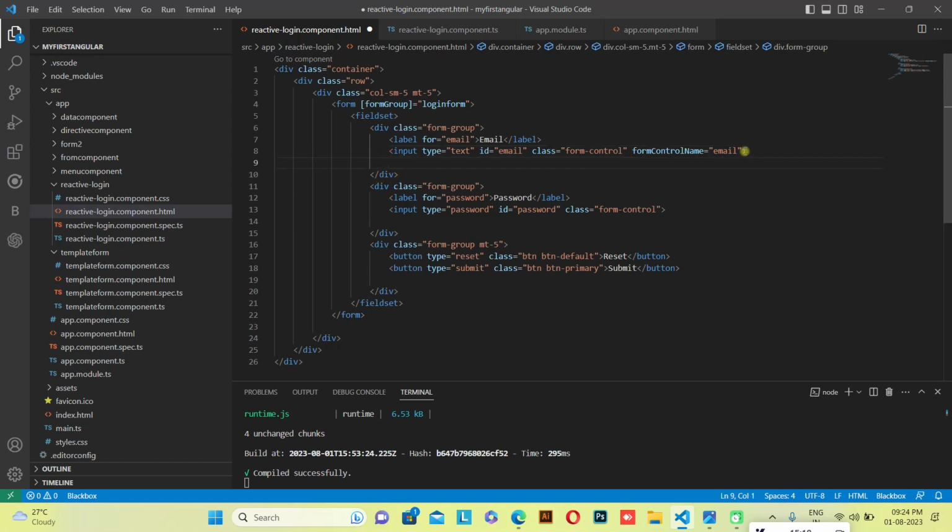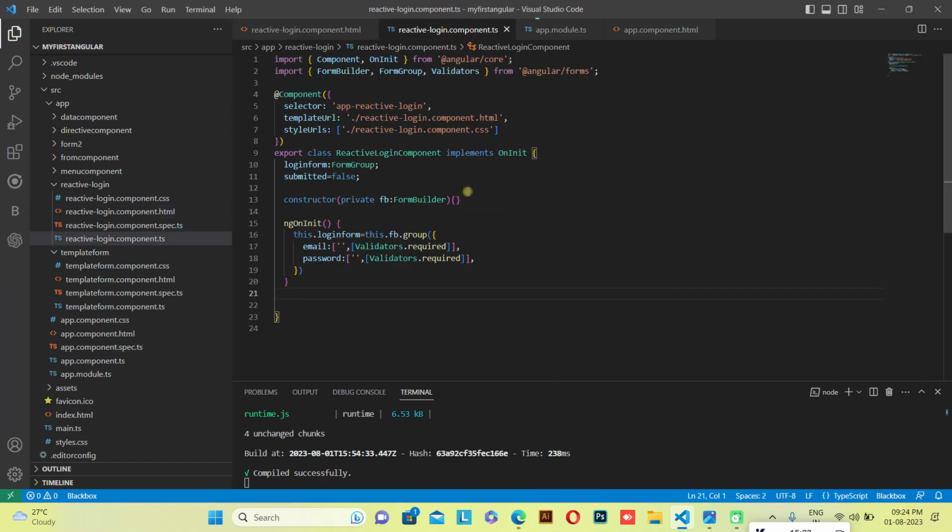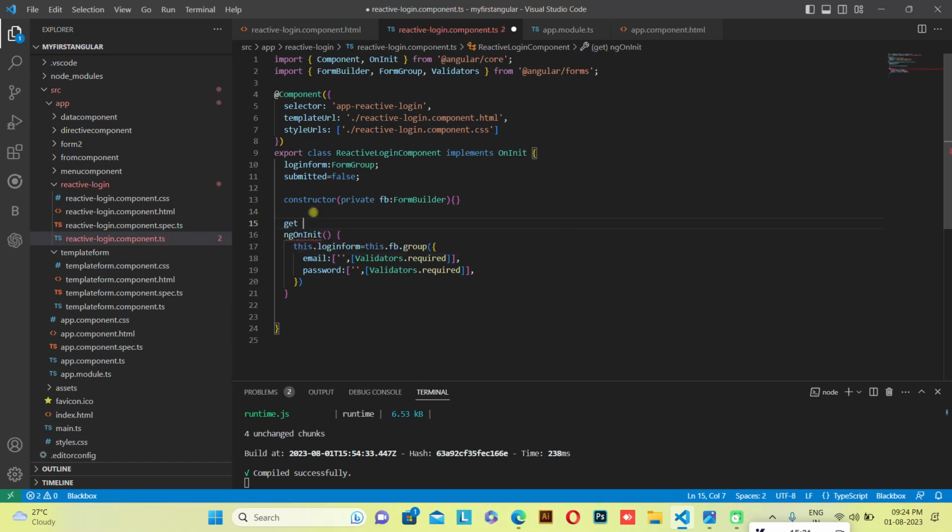Now we have already given the validation for required. Now this is used for calling those particular values. Now inside your TS file, we first have to return or get the values which are being submitted or which are being changed. So for that we give a method as get over here, get, and I'll just say login form